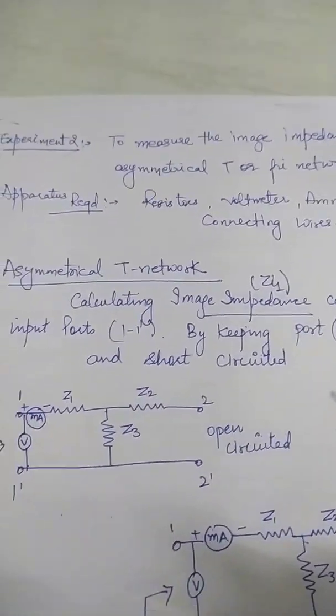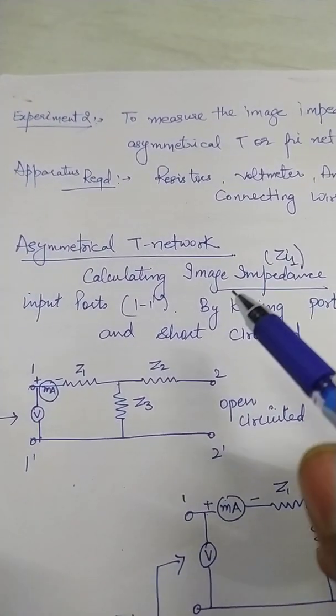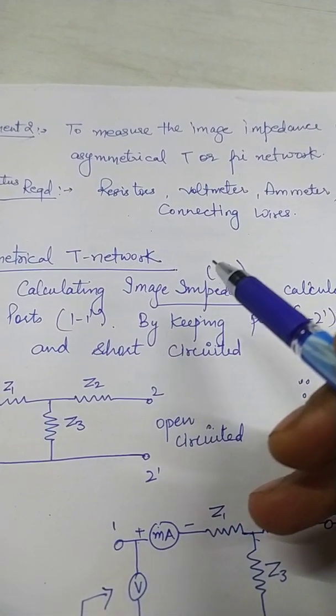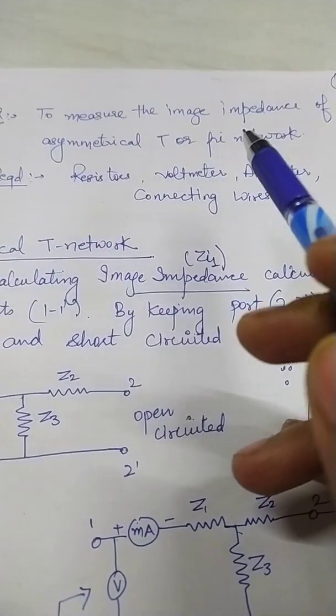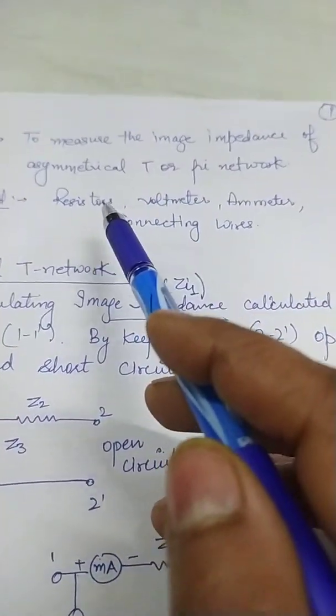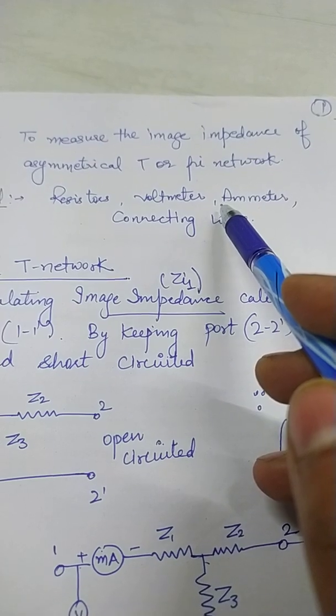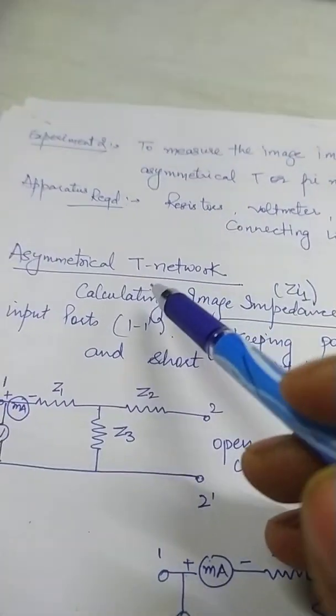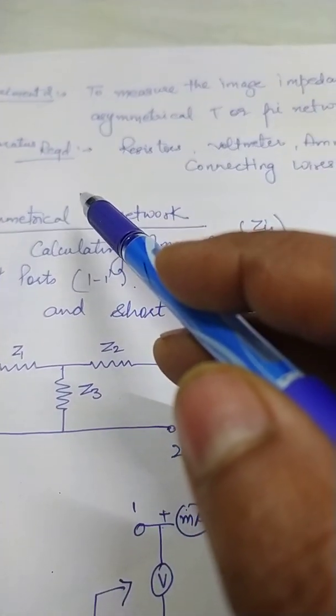Good morning, students. Today we will discuss the second experiment corresponding to network filters and transmission lines, and the title of that experiment is to measure the image impedance of an asymmetrical T or pi network. First of all we will understand the asymmetrical T network, and these are the following apparatus